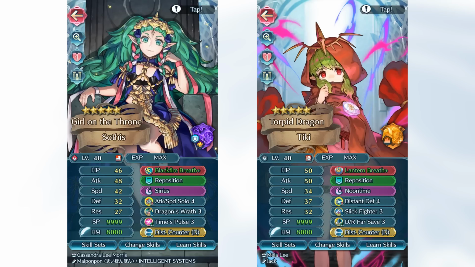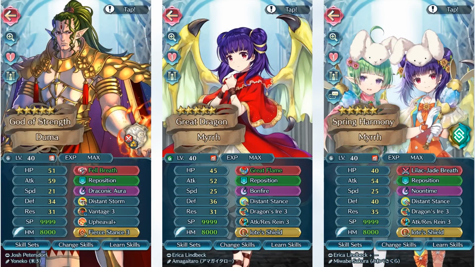In any case though, there are some units that would actually benefit from using the other distant counter skills, such as Duma and the Mercs. So I did bring up earlier that we do have higher tier distant counter skills, so it's not entirely power creep, it's not entirely you should just use the distant counter seal, because you do lose out on some stats comparatively. So for example, Duma can actually make for a decent Vantage unit because he does get additional attack from